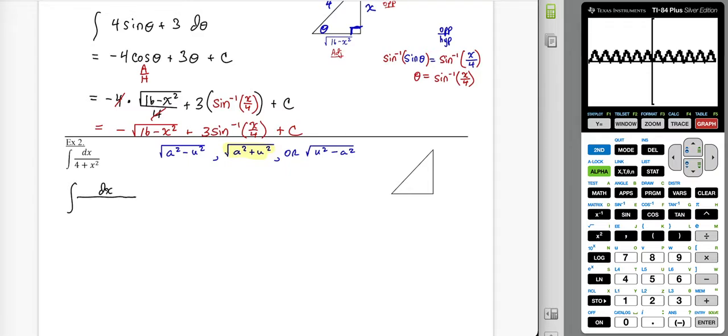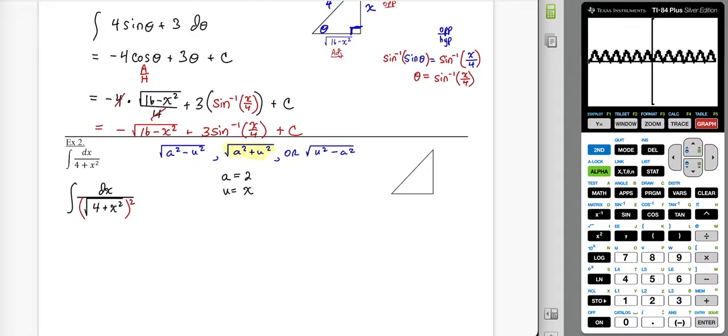That's a rule, right? Yeah, I'm just going to pop a radical over it. Yeah, why not, right? What the heck? I'll put a radical over it and then also square it. All right, so I just manufactured something that follows the form of a squared plus u squared under a radical. Even though it wasn't under a radical, I made it so that it follows that form. All right, so a would be 2, u would be x,